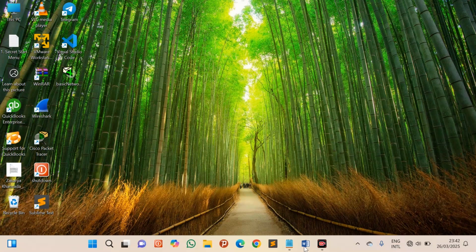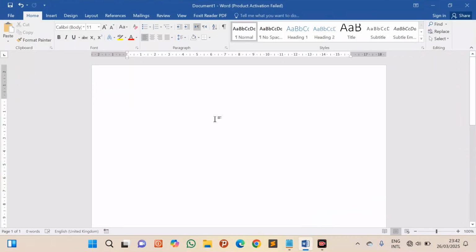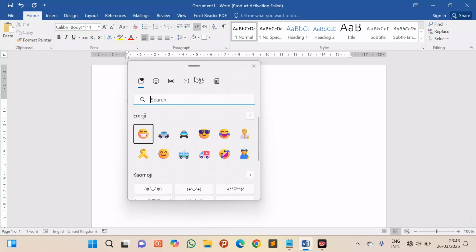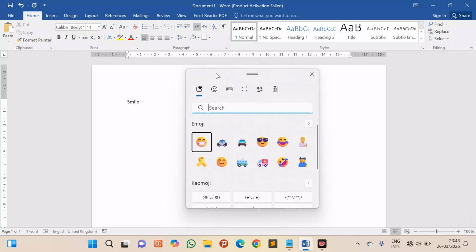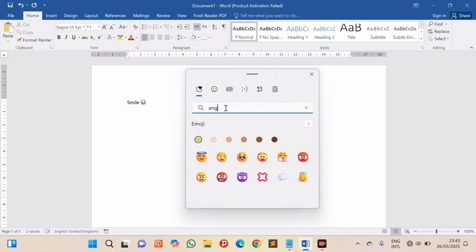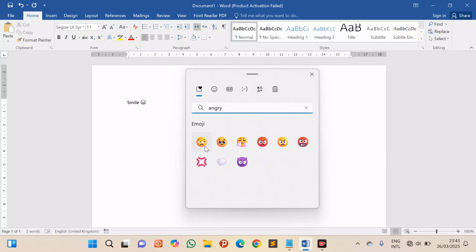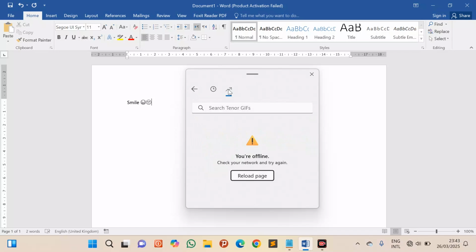Suppose if you open Word and we want to type something, just copy this emoji, smile. You can search your favorite emoji, angry, paste. You can have GIF clip,